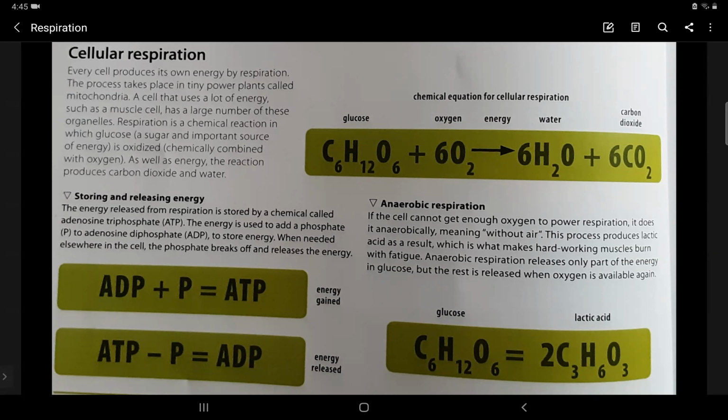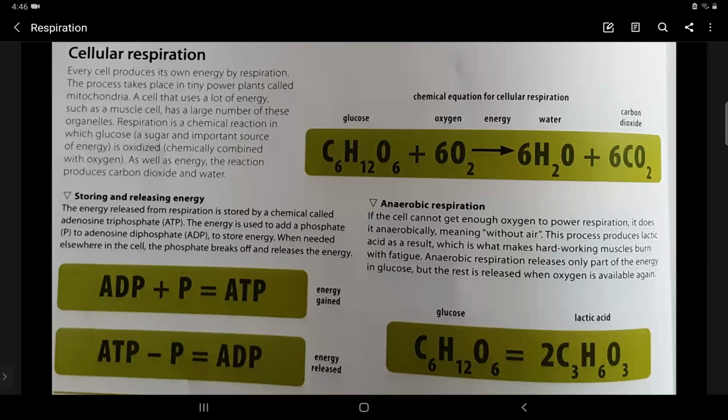When needed elsewhere in the cell, the phosphate breaks off and releases the energy. Now let's see the things written in the green. ADP plus P equals ATP, which is energy gained, and ATP minus P is equal to ADP, which is